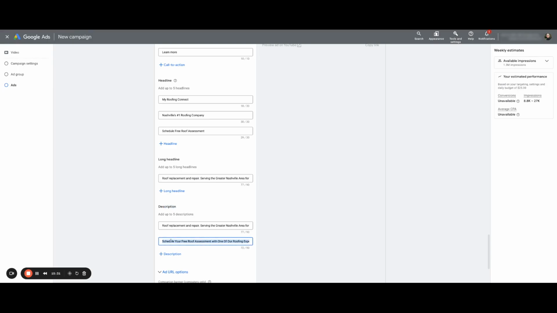And so we usually will just use these same descriptions because they're the same 90 character formats as the headline section as well. So you could literally just copy and paste both your descriptions and put them up here. I would still read through them and make sure they make sense, of course. But if you read through, this long headline, roof replacement and repair, serving the greater Nashville area for 20 plus years, it still is very clear what it is. And the main key here